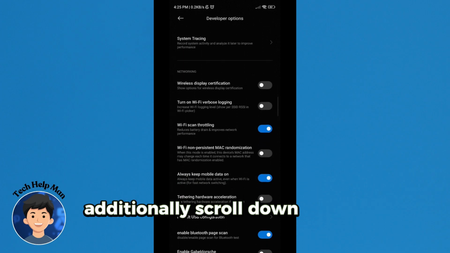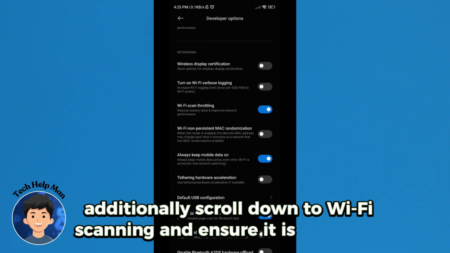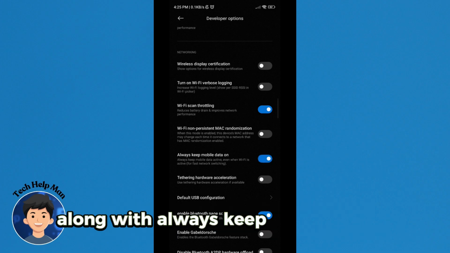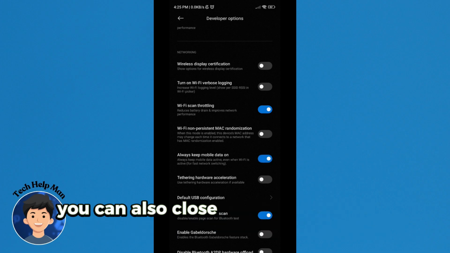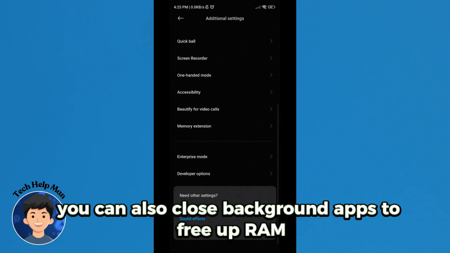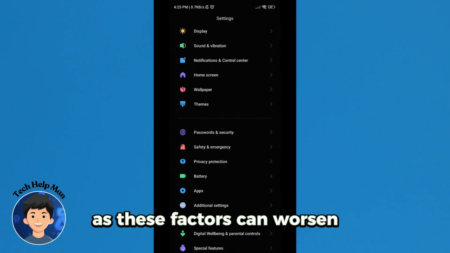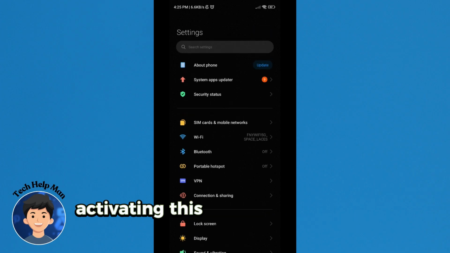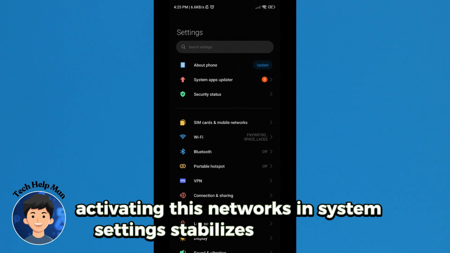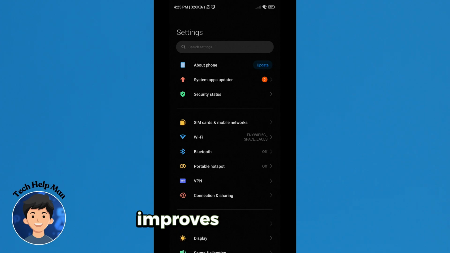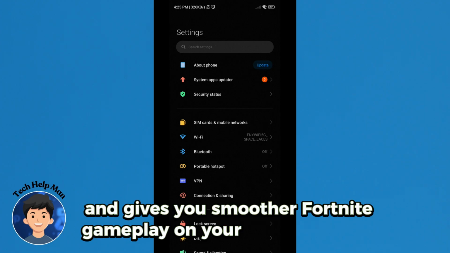Additionally, scroll down to Wi-Fi scanning and ensure it is turned on. Along with always keep mobile data on, you can also close background apps to free up RAM and ensure your phone isn't overheating, as these factors can worsen lag. Activating these networks in system settings stabilizes connectivity, improves frame rate, and gives you smoother Fortnite gameplay on your Android